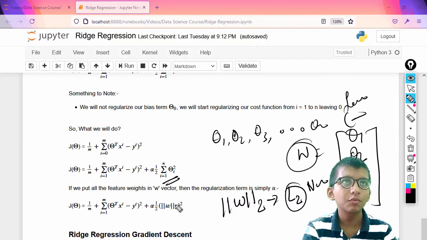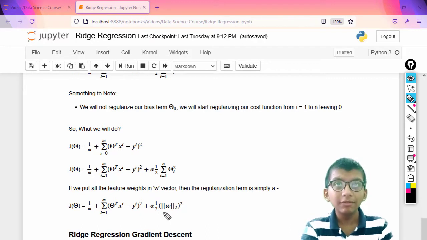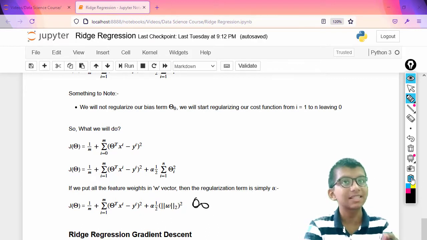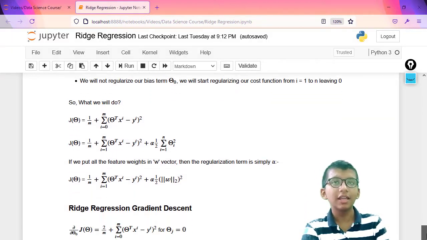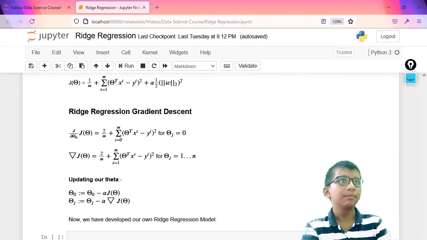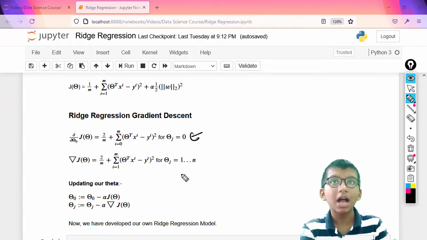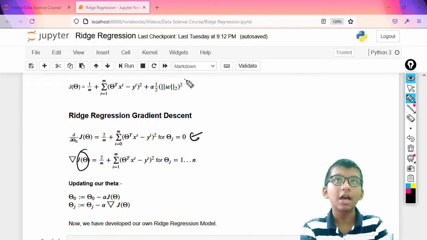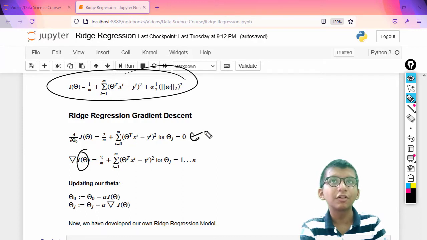Okay, so this is what we have done till now. We have put all our n features into the vector w, and then we are taking the L2 norm of that, instead of going with each and every example, but leaving theta 0 out. So what will gradient descent look like for Ridge regression? The gradient descent will be the same, because in the cost function we will explicitly take theta 0, because our cost function is now this one. Our cost function is this one, so we'll explicitly take theta 0,